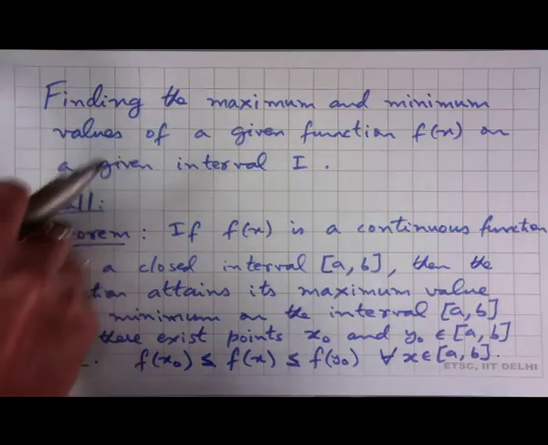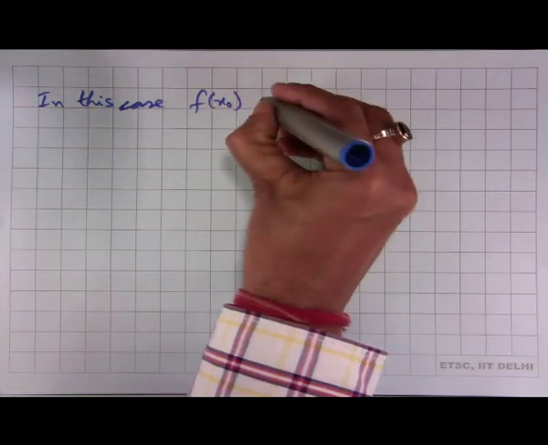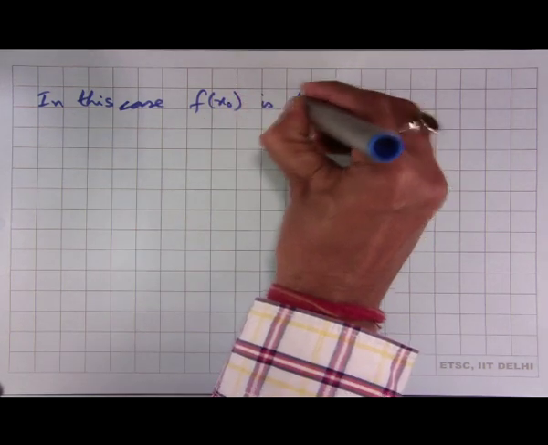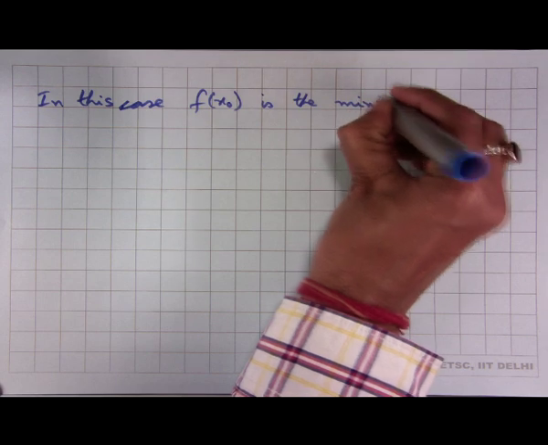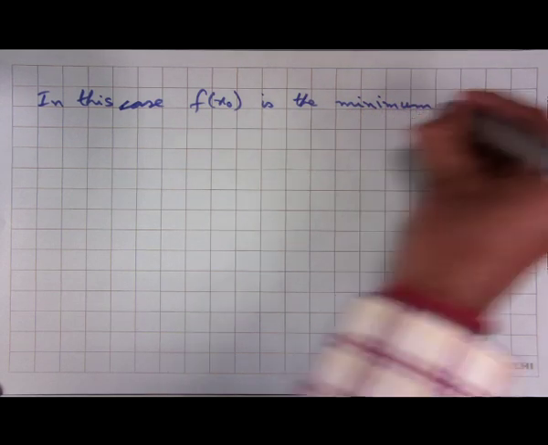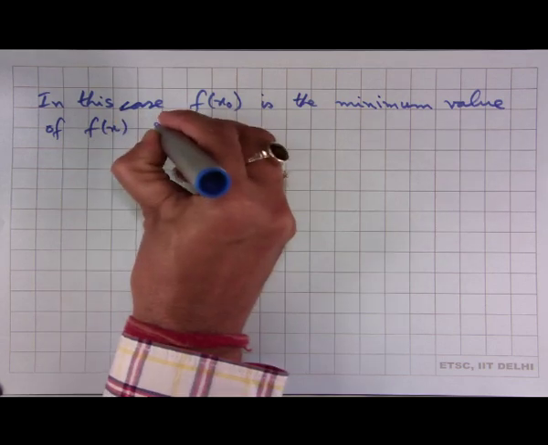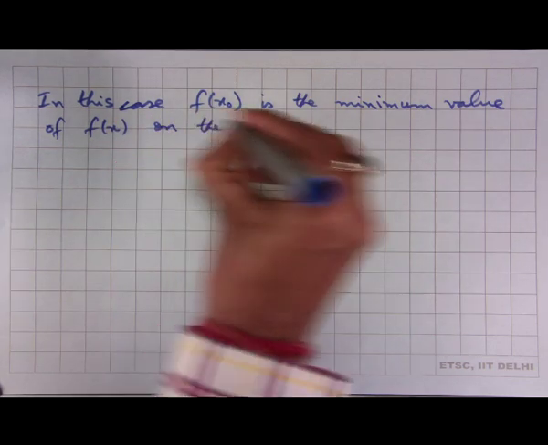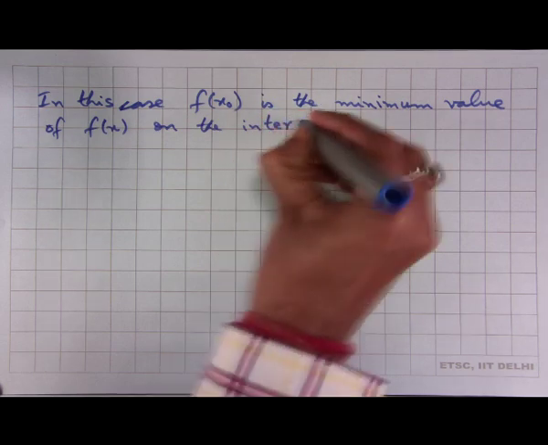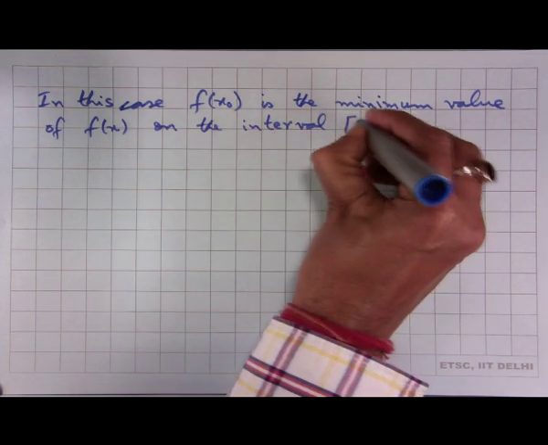In this case, f of x naught is the minimum value of f of x on the interval [a, b],